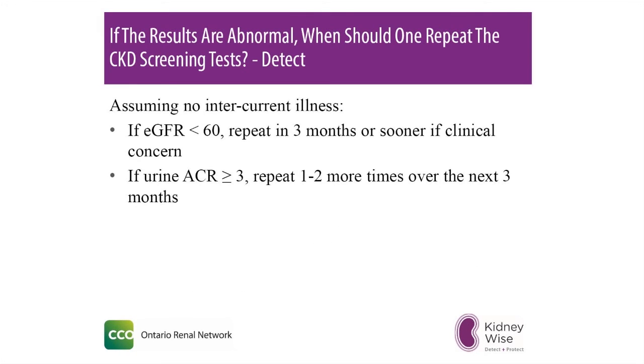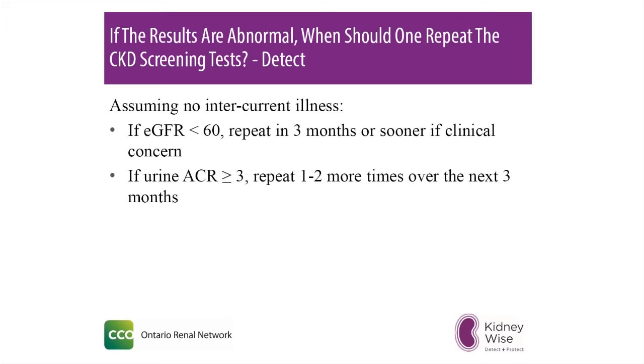This next slide talks about what to do with the results. So, if you order an eGFR and a urine ACR on a patient that you've identified as being at elevated risk for chronic kidney disease based on the KidneyWise algorithm, the first result has to be abnormal in order to identify patients that may have CKD. So assuming that they do not have an acute intercurrent illness, if your first test of an eGFR is less than 60 mils per minute, you have to repeat the test in 3 months in order to make the diagnosis